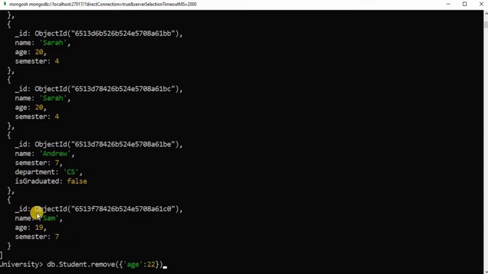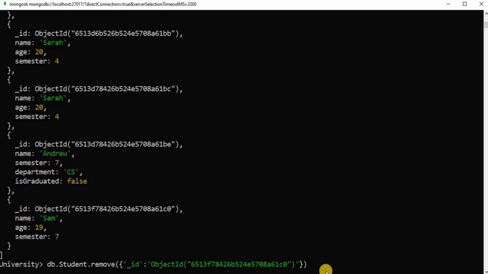So for that, I am going to use the db.student.remove function, and for filter I am going to pass underscore ID here, and for the value of the ID you will have to copy all of this value including the object ID to paste inside the value for ID. If you only copy these numeric values, then it is going to give you an error. So that is why you have to select the whole object ID and don't forget to enclose them in single quotes. So I'm going to do the same,